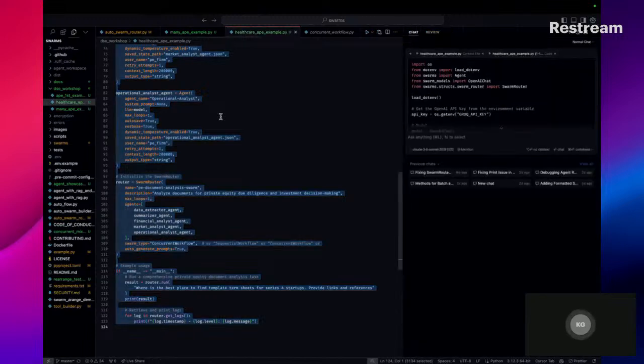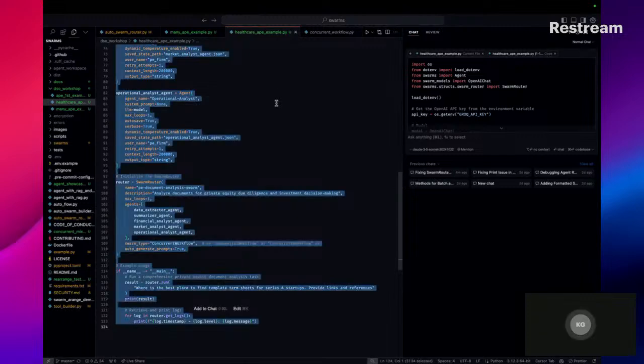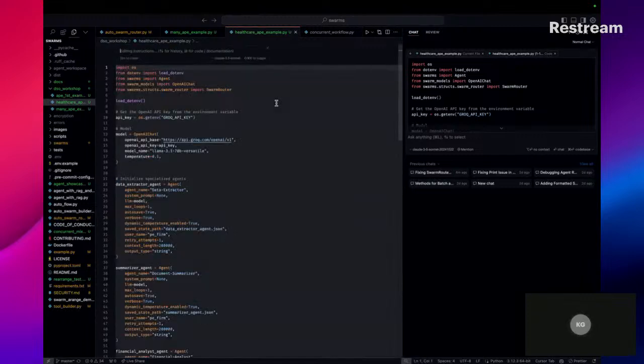So now we could tell Cursor, specialize this agent in Swarm for medical diagnosis of cancer, cancer treatment, for cardiovascular.